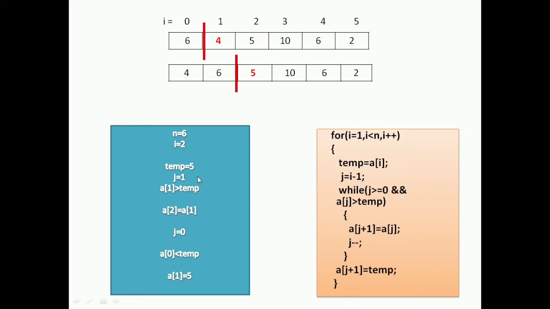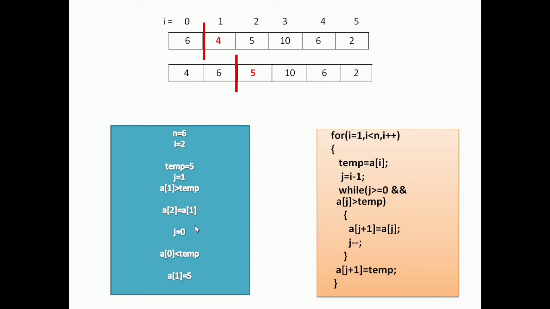Now look for the conditions of our next loop, which is the while loop. It says that while j is greater than or equal to 0, our j here is equal to 1 and a of j should be greater than temp. A of 1 is 6 and it is greater than temp. Temp value is 5. 6 is greater than 5. So we enter the loop. Now because both the conditions are true, a of j plus 1, which is a of 2, will take the value of a of 1, that is a of j plus 1 is equal to a of j. Next, the value of j decrements. So our new j is j equal to 0.